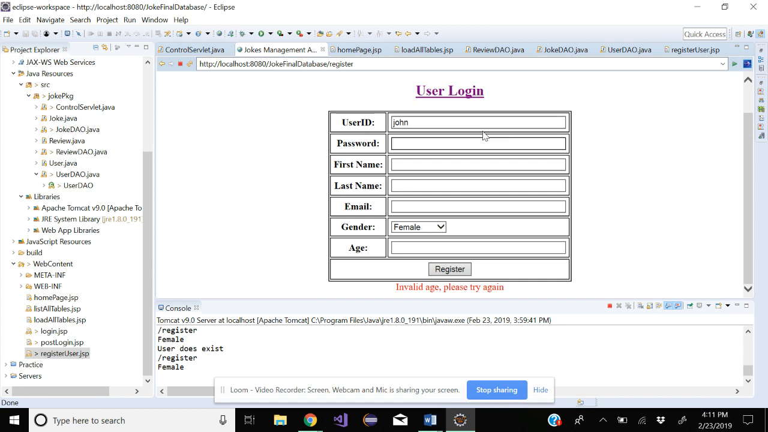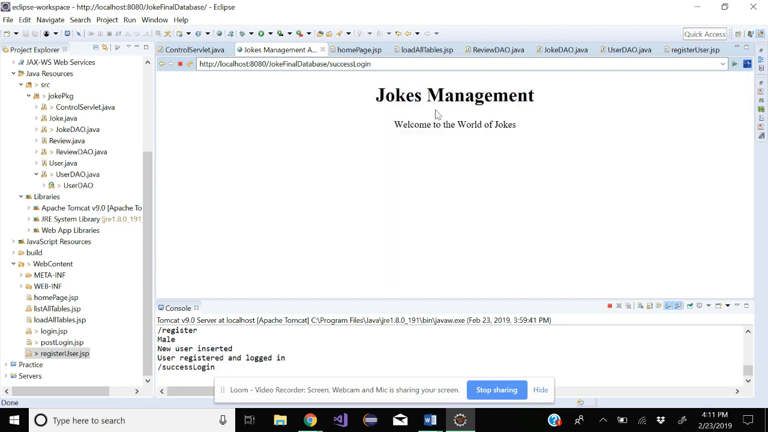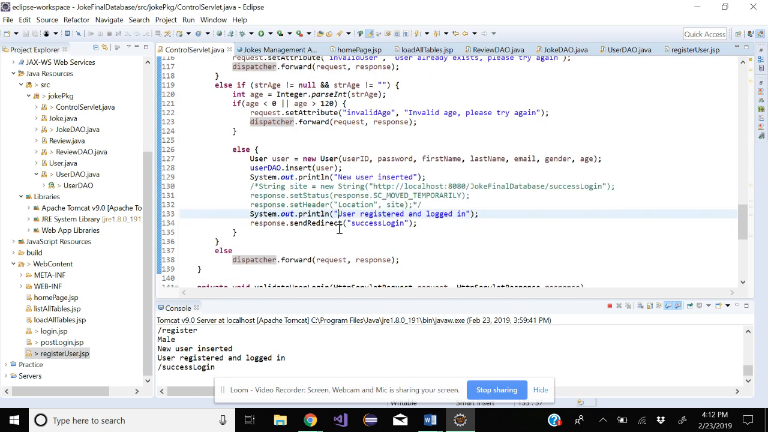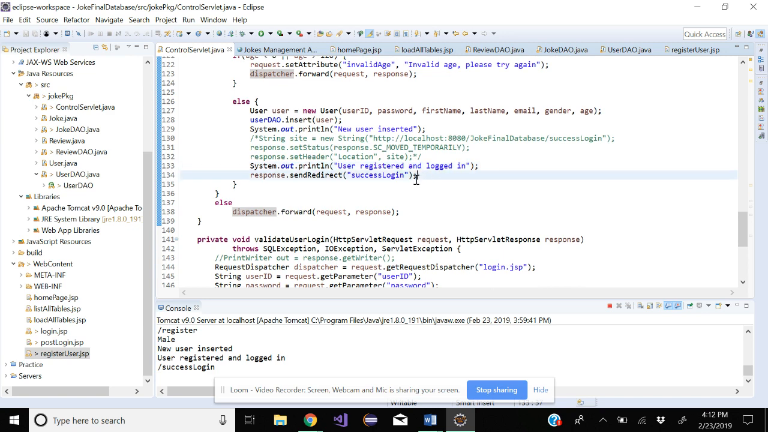Let's say John123, password hello, first name John Smith, John@yahoo.com. Let's say John's a male and he's 21. So if he clicks on register, it takes him to the success login page, and then we can see that it's being dispatched right here. So if the user is registered and everything worked out fine, it goes to the success login page, and then